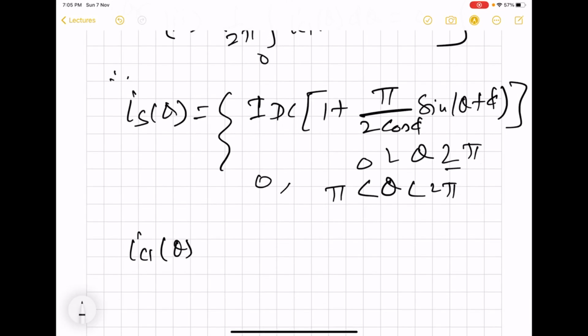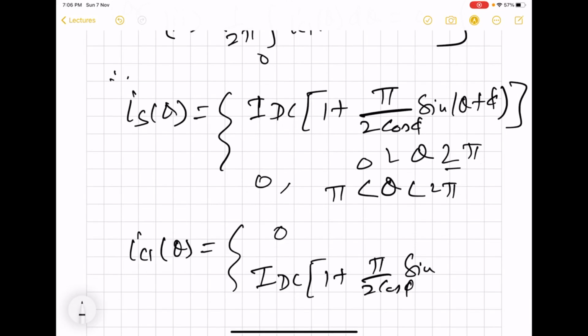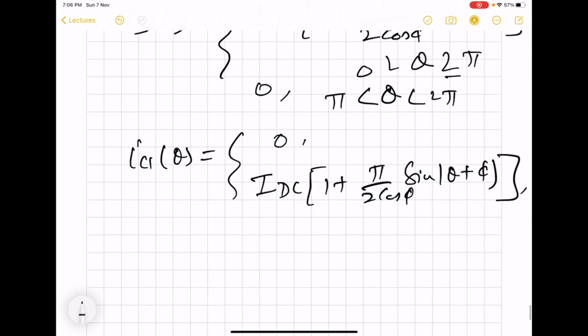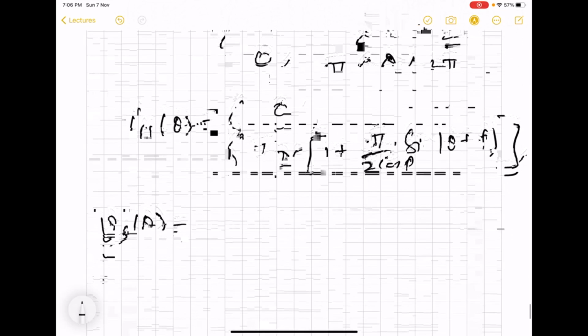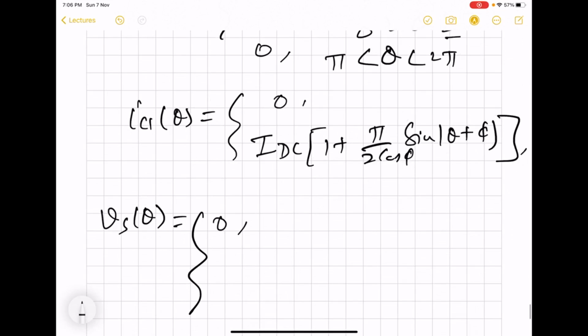Similarly, IC1 can also be written. This will be 0, but IDC into 1 plus pi by 2 cos phi sine theta plus phi for the second half. And the important one is this switch voltage, which we will be using again: 0 for the first half